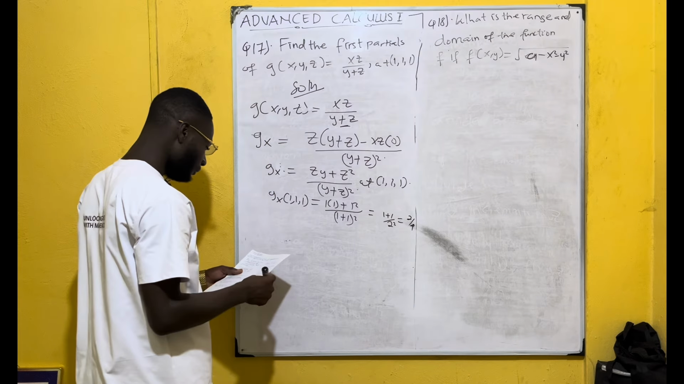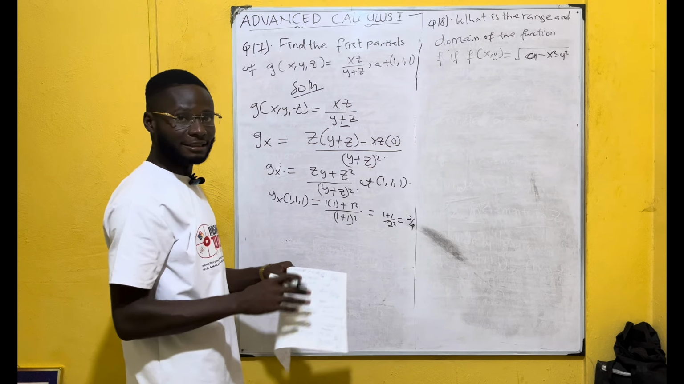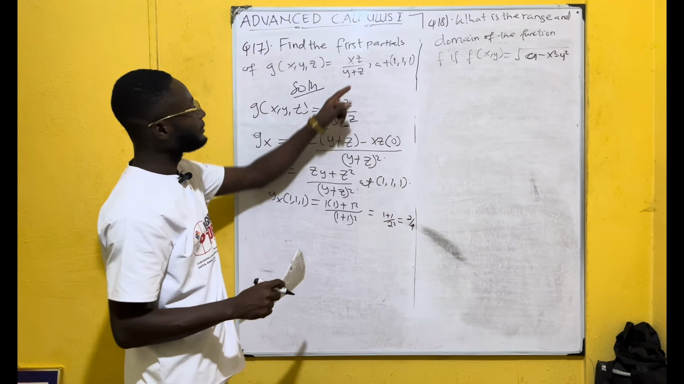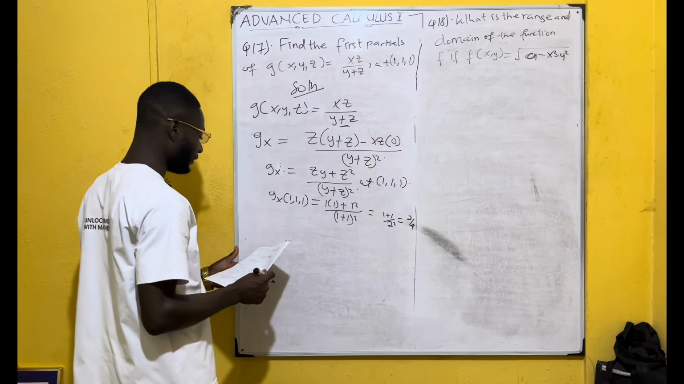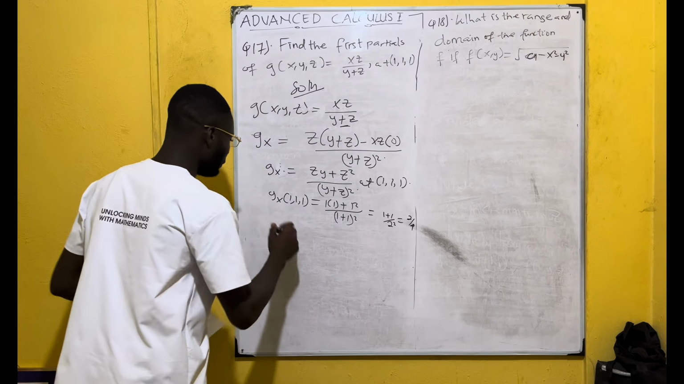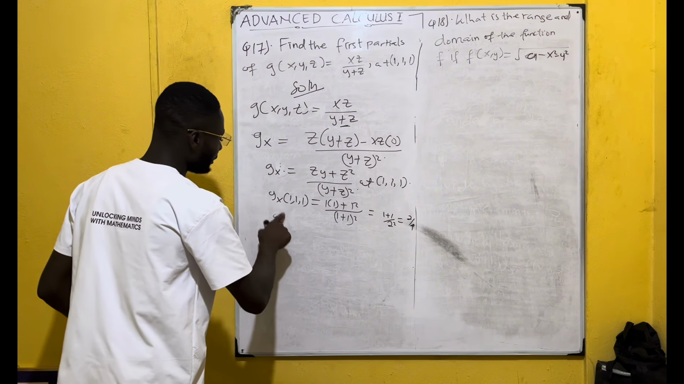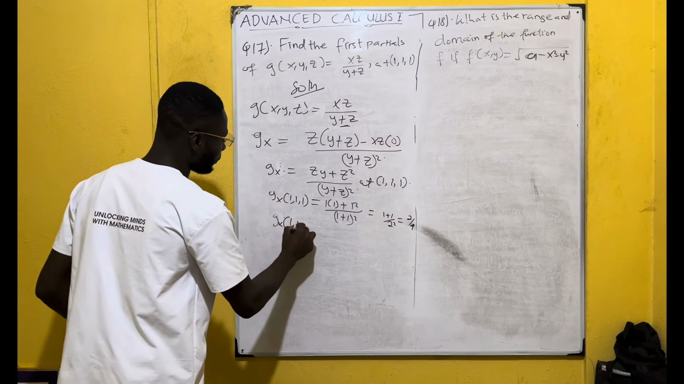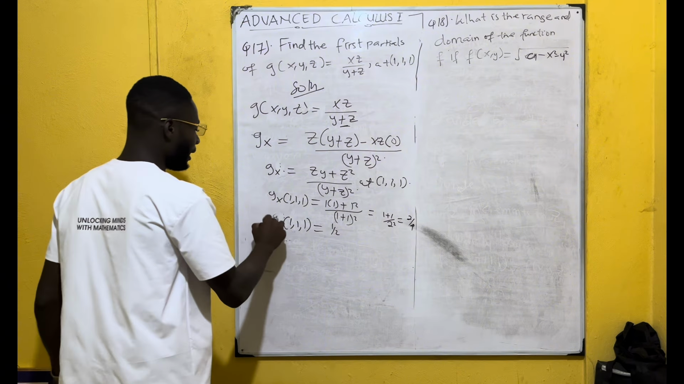So we have the first part done, the g_x, which is the derivative of the function with respect to x. And so we had half for that. So we have our g_x of (1, 1, 1) to be equal to half, right? Now, g_y